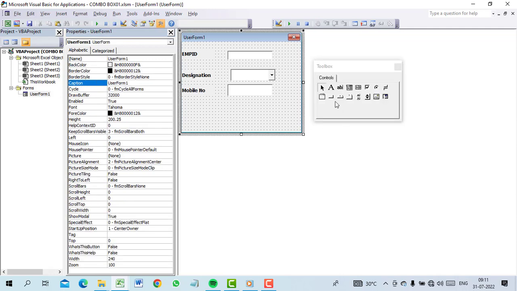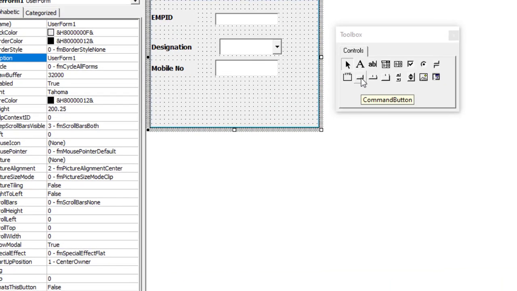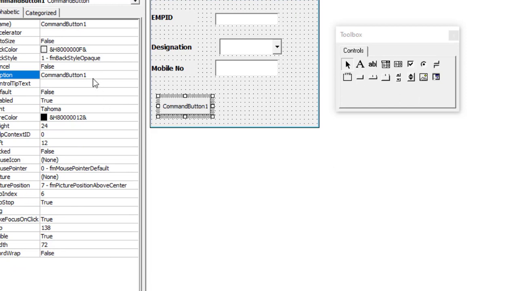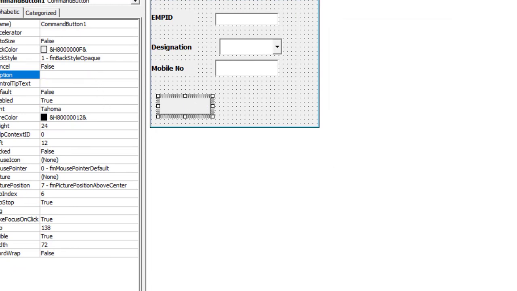I will take a command button. This is the command button. Name it save. Here again for the name, you just write cmd underscore save.